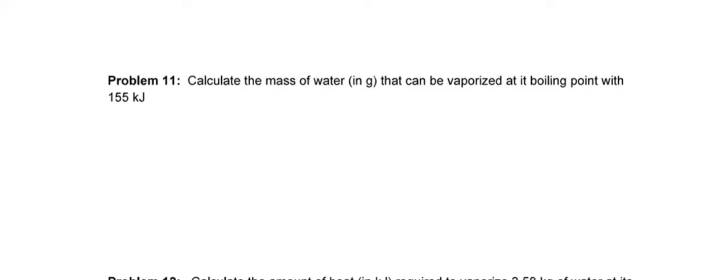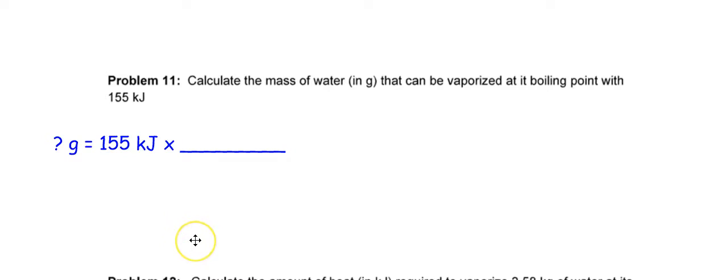So it's like, all right, if my stove, maybe I have a propane gas stove, I'm out camping, and I can only have 155 kilojoules of energy released by the combustion of that propane. So how much water can I boil? Okay, that's really what's asking. So if a finite amount of energy, how much water will boil? So how am I going to do this? Well, how about factor labeling? That's always a good place to start.